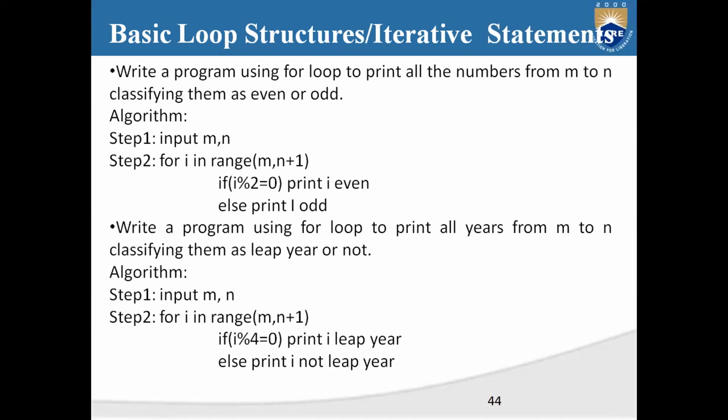Correct, absolutely, not equals to. If you want to omit this n plus 1, in such cases you can mention i is greater than or equals to n. Then you are going to print that particular statement, and you have to give the incrementation also: i equals i plus 1 should be given. That's how you convert the for statement into a while statement, and a while statement can also be converted into a for statement.